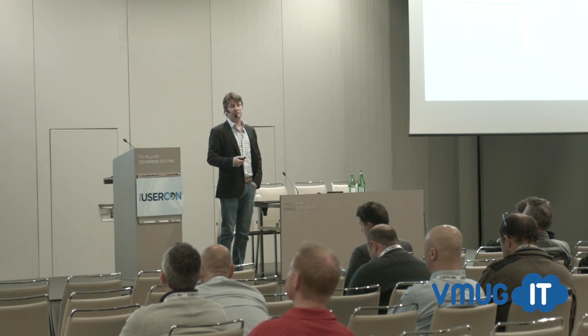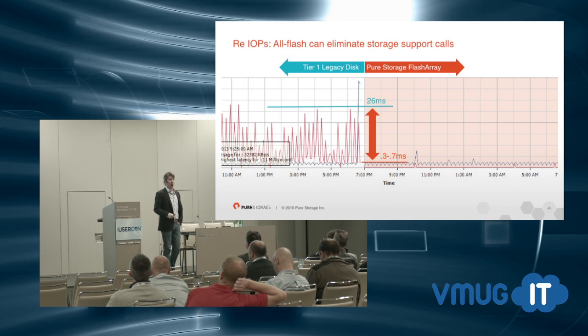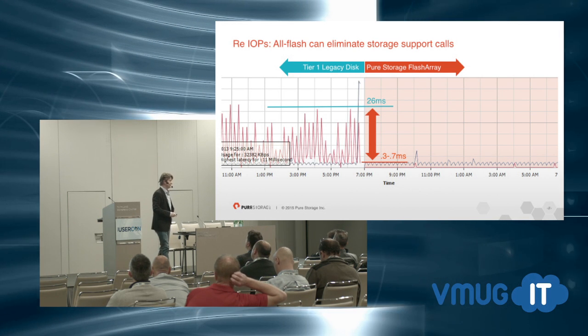And part of this, again, goes into the element that, from a marketing perspective, storage vendors like to show you the upper end of their performance limit. But the reality is most customers don't run consistently at that upper limit. Most customers run at a very moderate level. And then changes in the workload occur through the day that spike the I/O limit. And when that spike occurs is when you feel the pain with your current disk-based storage infrastructures.